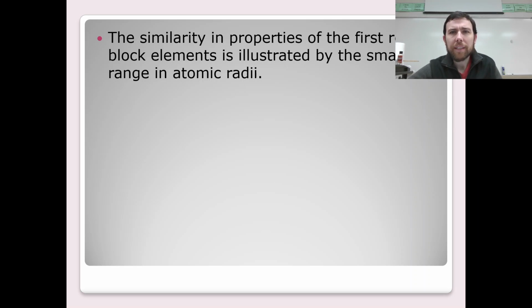Now, the similarity in properties of the first row D block elements is illustrated by the small range in atomic radii. The reason why the atomic radii is a lot smaller, and there's not as much variation, is because each of the elements in the D block is adding one new electron to a D sublevel, which is close in energy to the S block. And so when you keep adding those electrons,